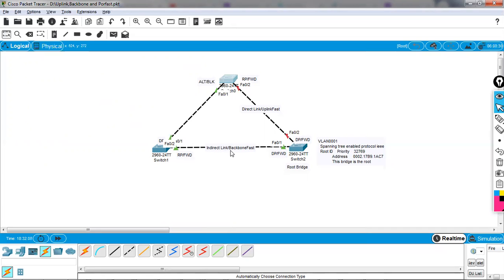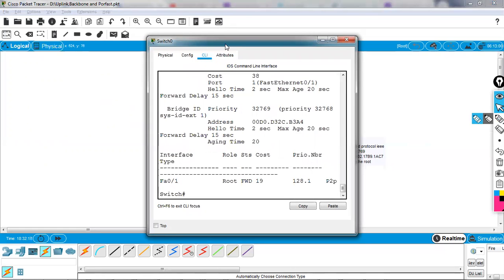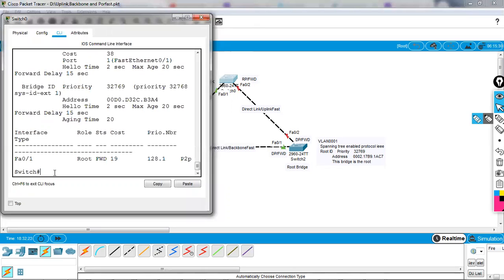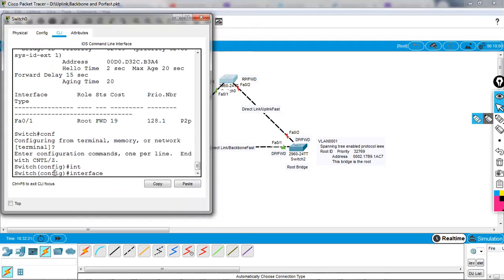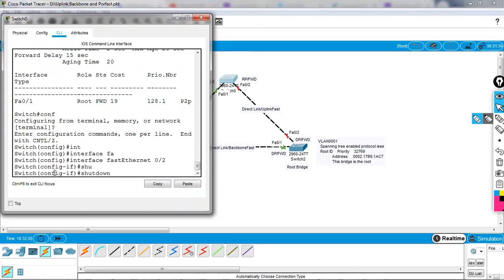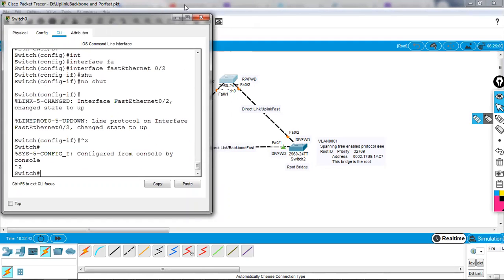But let's see that, because by the time, let me just get this link up and running now, and then we'll shut down this and another link, which is there in the BackboneFast, I mean in the indirect link. So I go back to global configuration, interface FastEthernet 0/2. I want to get this up and running, so I go no shut. Okay, and it's back up. Okay, so now